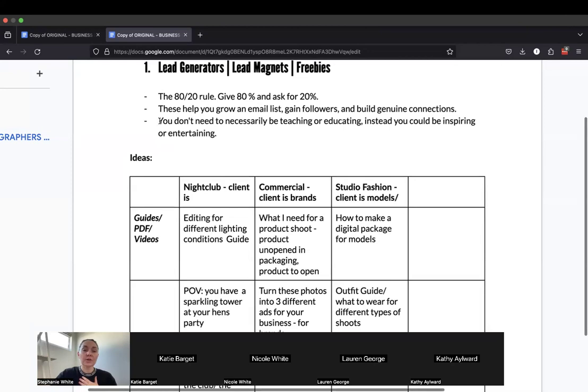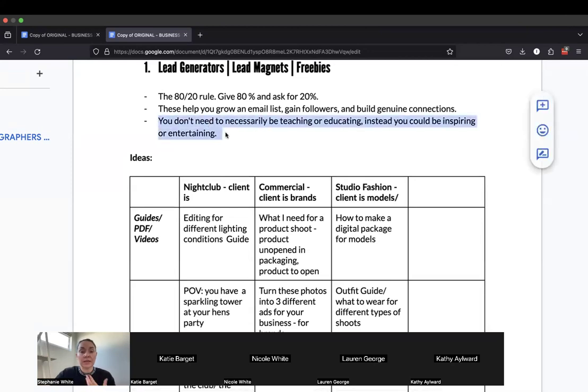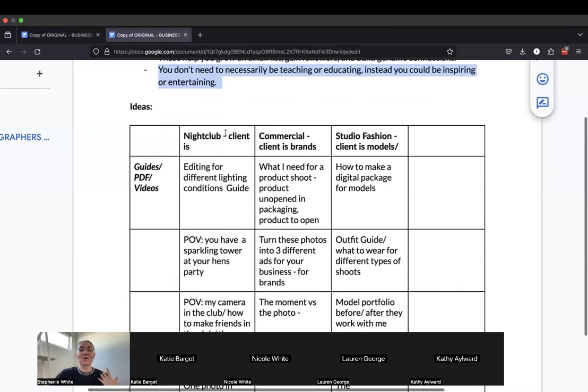All right. So in terms of a free generator, like what I've done here, you don't actually need to be educating or anything like that. You could just be inspiring or entertaining or making people feel amazing. So for example,